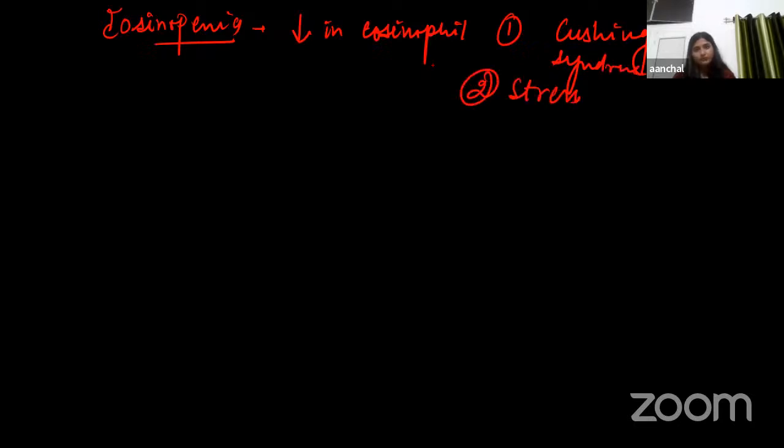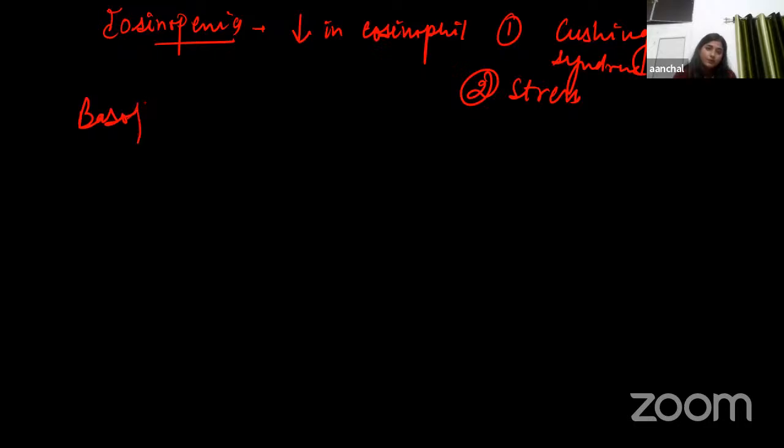Then another thing we have is eosinopenia. So again, penia indicates the decrease in eosinophil. Again, the cause could be due to Cushing syndrome or presence of stress, right? Then another we have